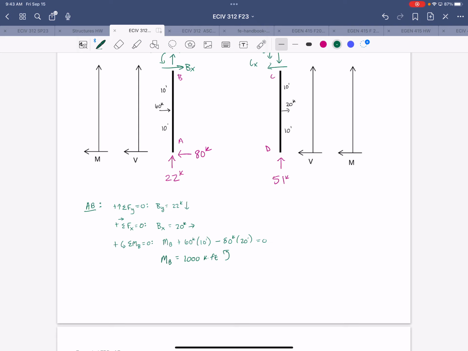For BC, or excuse me, for CD, all right, we'll sum forces in Y to confirm that CY is equal to 51 kips downward. Sum forces in X to get CX is equal to 20 kips to the left. And then we'll sum moments about C